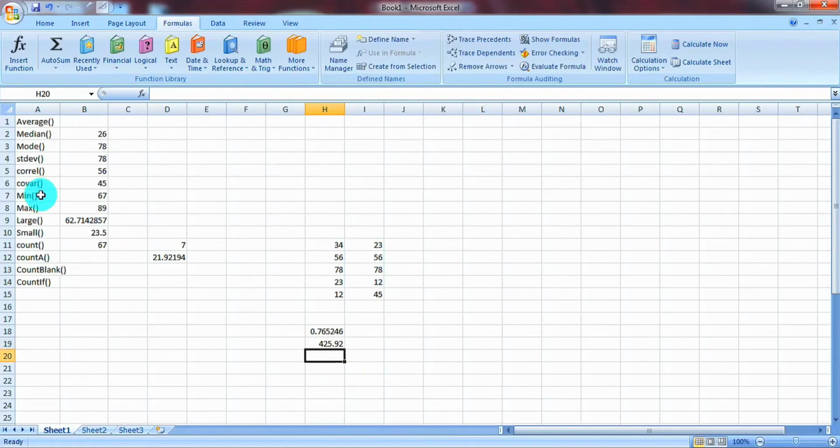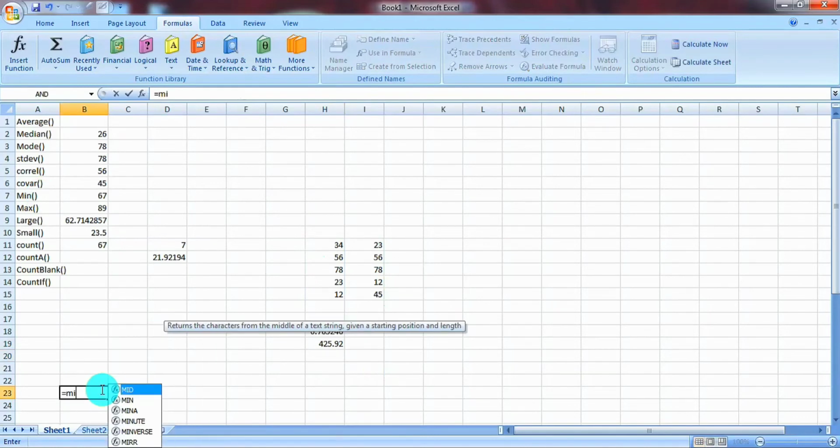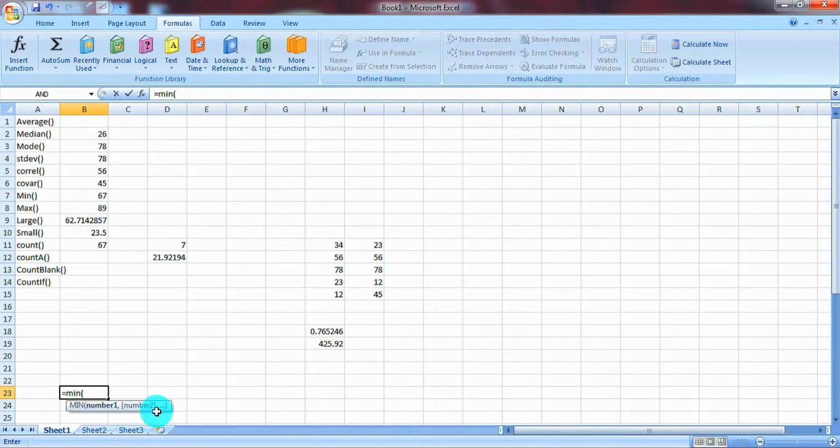Next function is min. This function returns smallest number in the given range. The syntax of min is equal to min. Then here directly you can pass the numbers or you can select a range. I will select this range. You can see in this range the smallest number is 26.